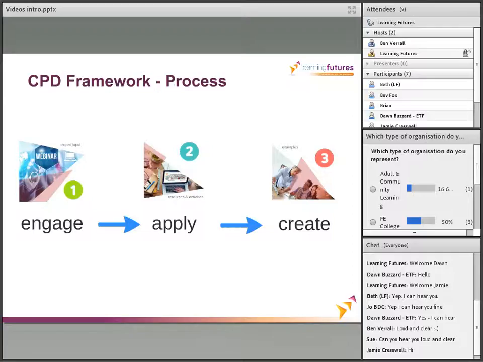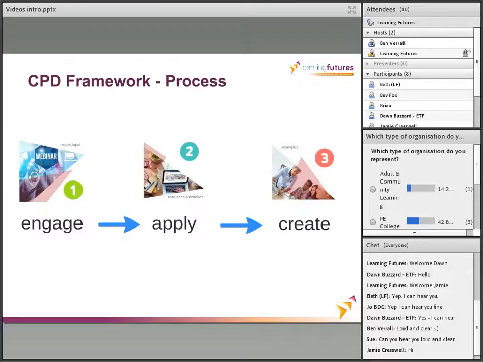So this webinar forms part of a 3-stage process within the CPD framework, and this step 1 is the webinar where we are able to tap into Ben's expertise, and he's going to share with us some of the insights based on his experience working in the industry. Following that, I'm going to take you through some online resources and some CPD activities that we've put together, and they're there for you to pick and choose and dip into what you think is going to help you most. But the idea is to support you to apply some of this learning back into your place of work.